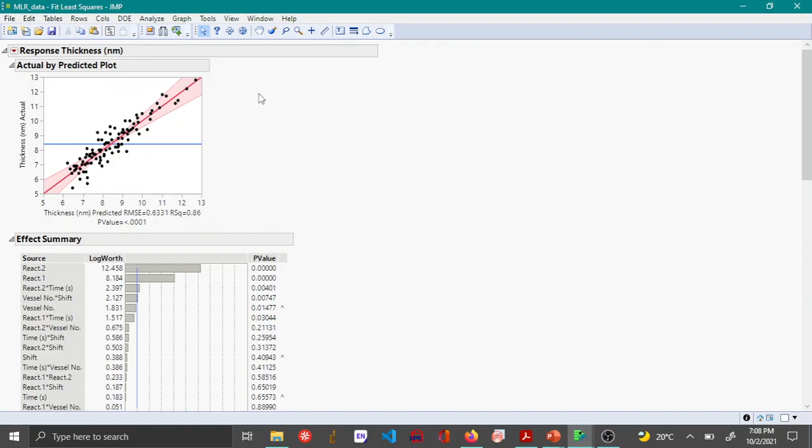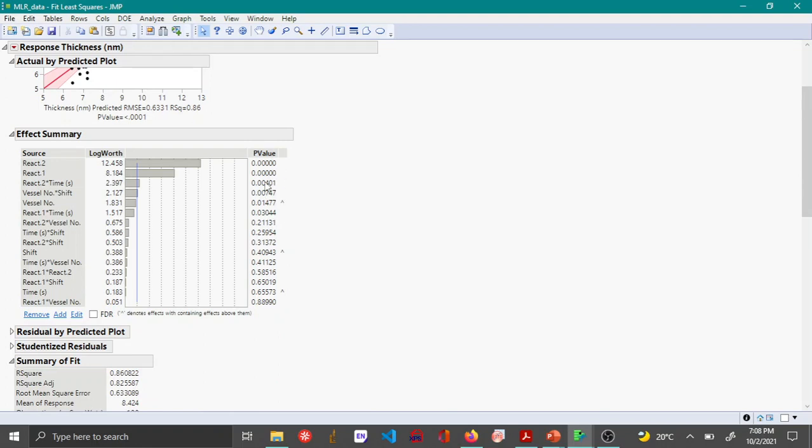So the variables must be carefully selected, but as you can see from the p-values here for these different variables, not all of them have a significant p-value, meaning many of them have p-values greater than 0.05. So that means some of these two-way interactions are not significant. So we might have to carefully choose which variables we don't want. That is something I'll be talking about in my next video.